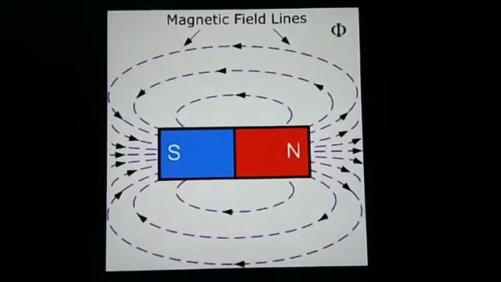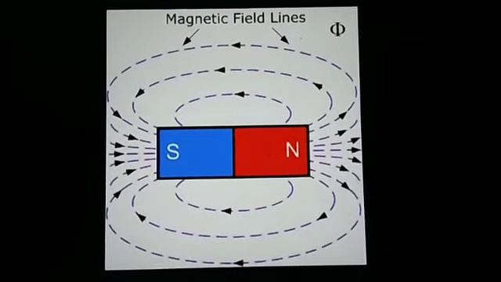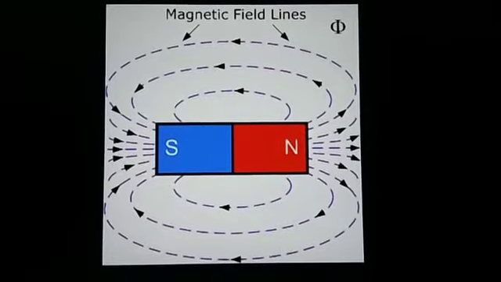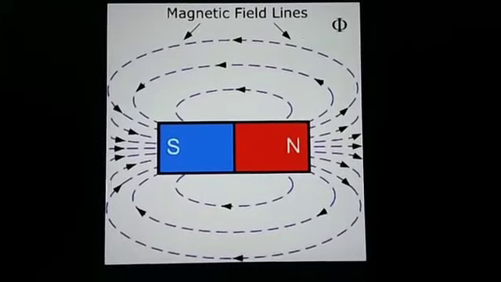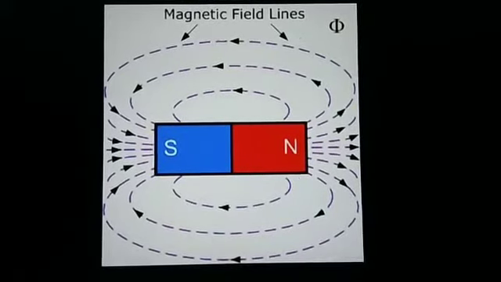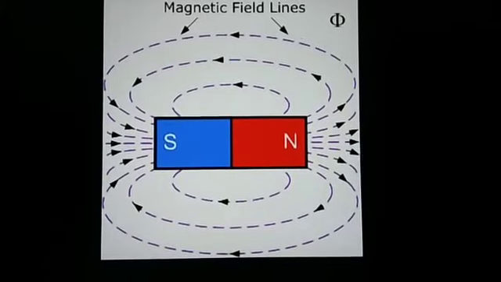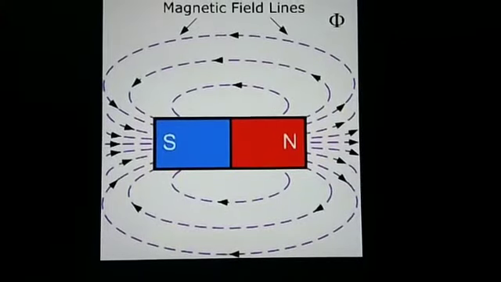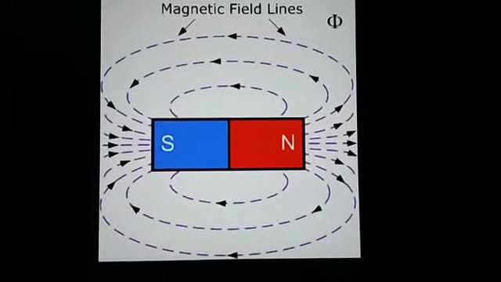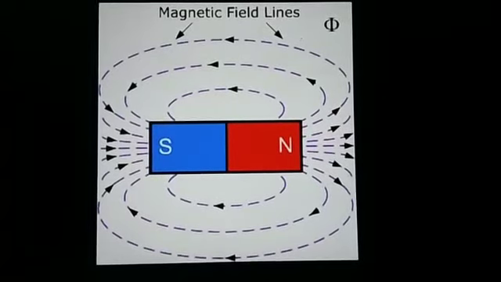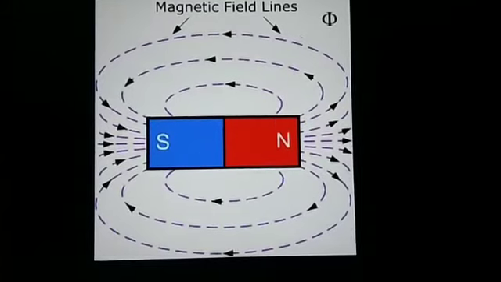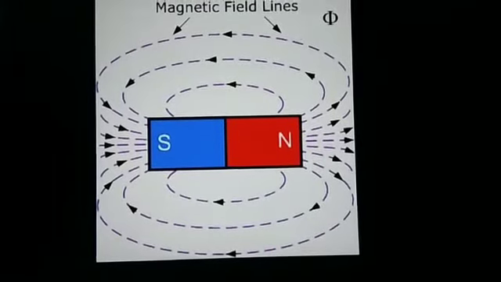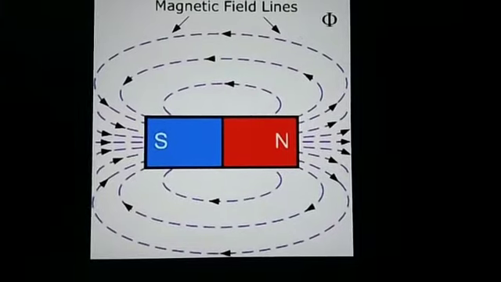See here, the field lines around the bar magnet follow the pattern of iron filings around the magnet. So we draw the magnetic field lines showing the direction. The magnetic field has both magnitude and direction. The area around a magnet where a magnetic force is experienced is called the magnetic field. It has both magnitude and direction. It is a vector quantity.